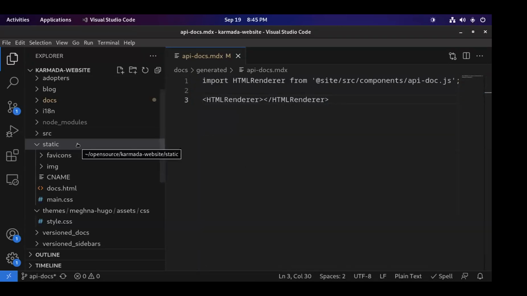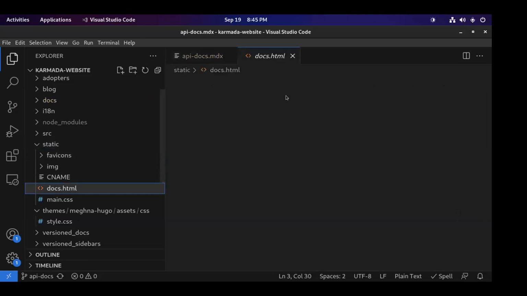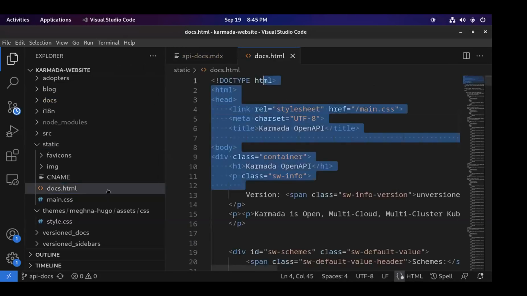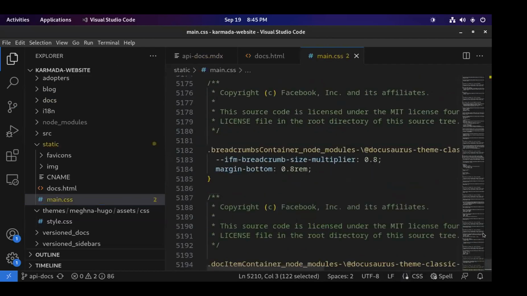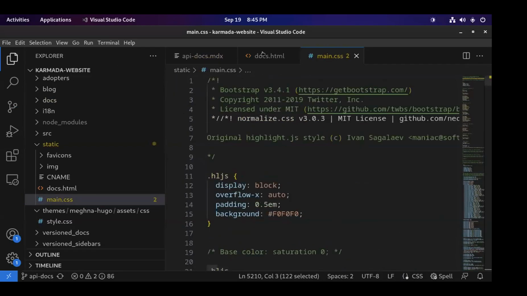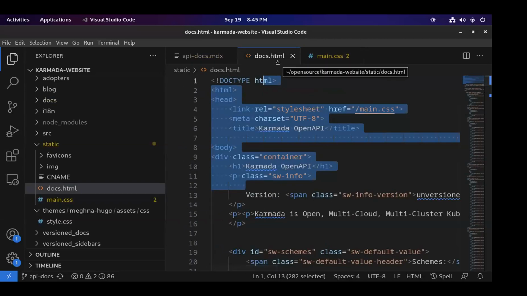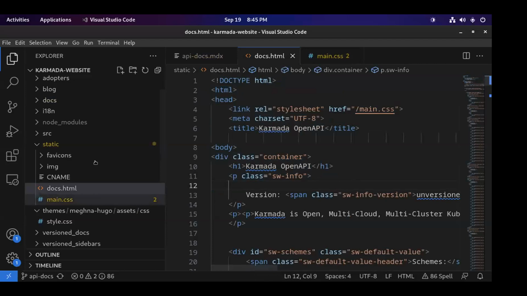So what we have done is we have created two files, the docs.html and the main.css. And these files are generated by Bootprint. Bootprint is a tool for generating HTML documentation. So these files are in the static folder, and